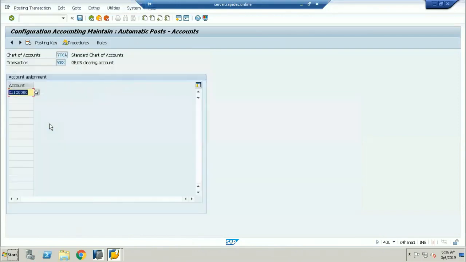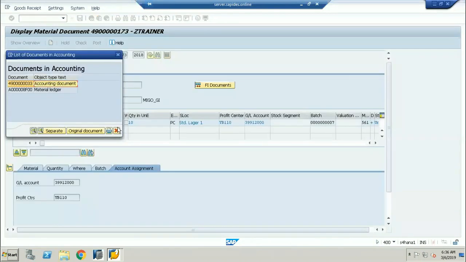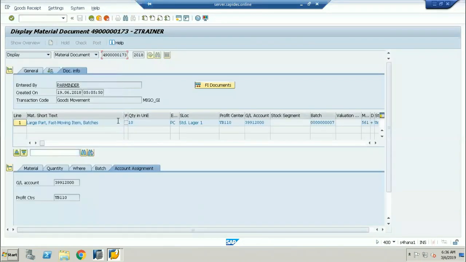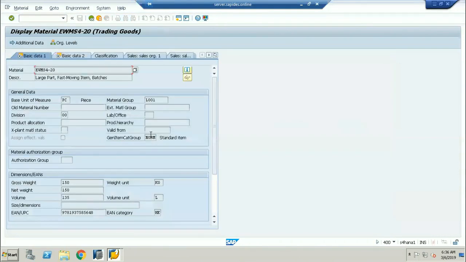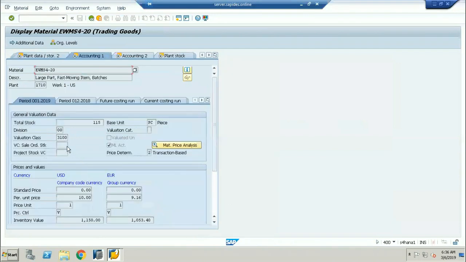If I go into it, one second, sir. Probably if you go into the material, you can find something. Yes, one second, sir. If I go into the material report, what is the valuation class?